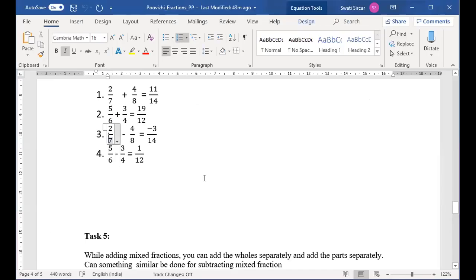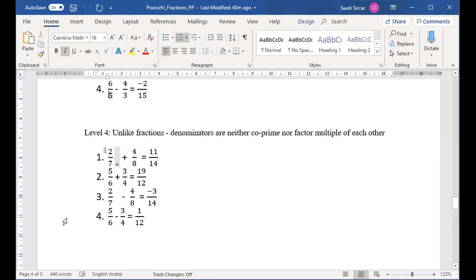So here also a similar issue. See, 4 and 6 are perfectly fine, but 7 and 8 are again co-prime, right? So they will not fit into level 4. They are more like level 3. Okay. So just be a bit careful. Also, I think it's a good idea to use reduced fractions. When you do that, like 4 by 8, that's essentially half. Okay. Yes. So yeah.